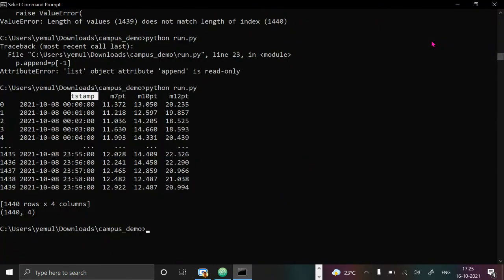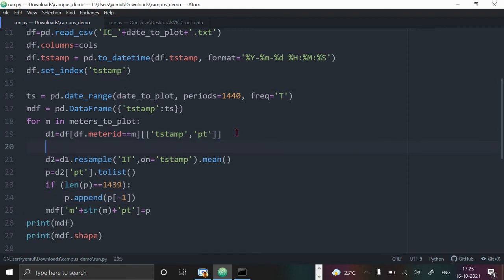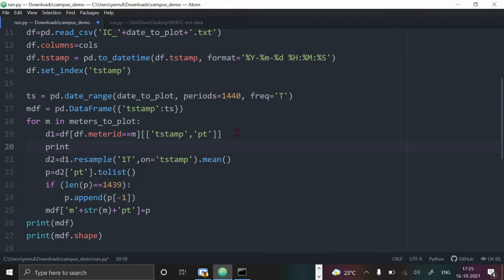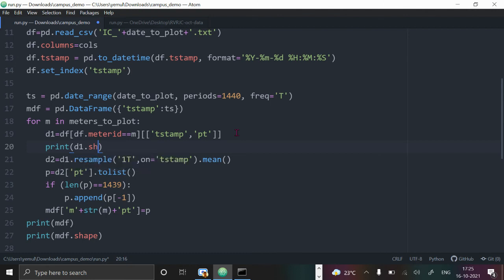We could not achieve that before because the lengths were different. I'll show you that again, just to refresh your memory. I'm saying print b1.shape.